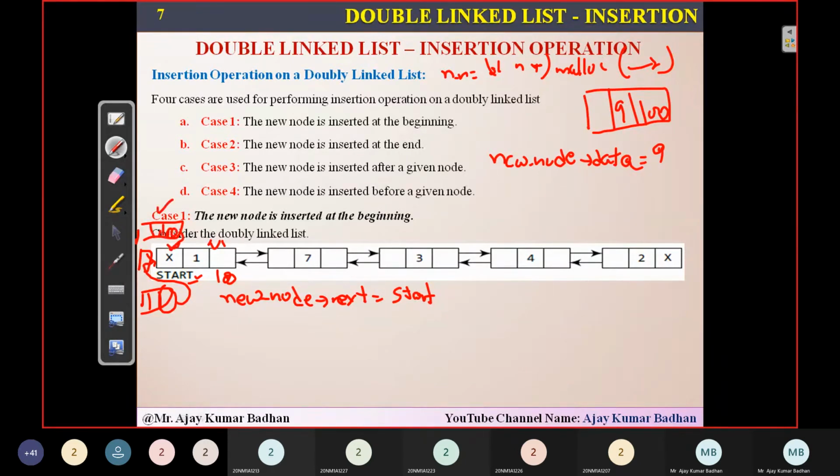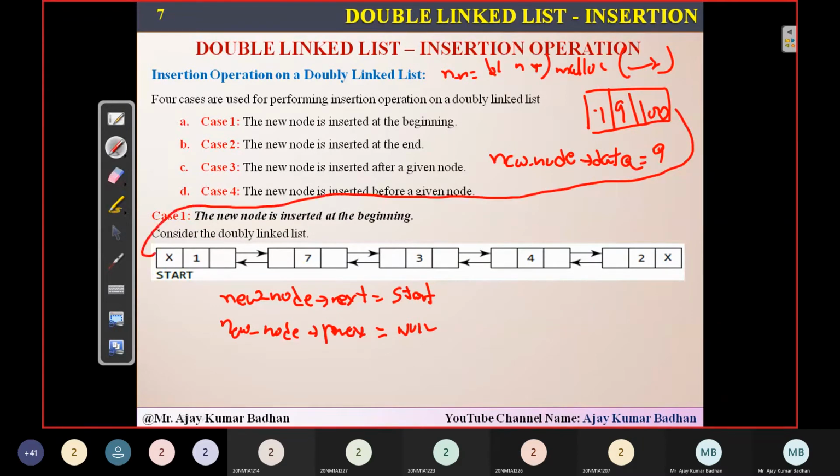So it means you will be getting 100 in this, and a link is formed. And you know, since this is the first node, the previous block of the new node should consist of -1. So how can you get that? new node previous equal to null. Fine. So this part becomes -1. That's okay. Till here it is okay. No problem till now. So what happened here? A link is formed here.